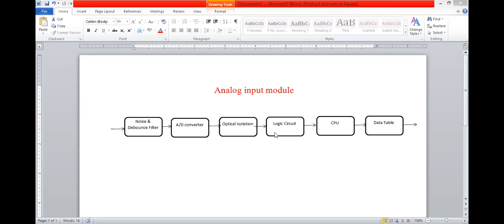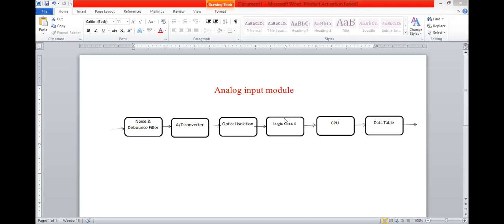Then the binary bit stream is given to the logic circuit. The logic circuit will check the binary levels of the signal, and it will record every bit. Whatever binary is coming, it checks its threshold voltage. If it is above 3 or 3.2 volts, it considers it binary 1. If it is less than 1.8 volts, it considers it logic 0. These signals are recorded by the logic circuit, which is some type of memory. Flip-flops may be there.